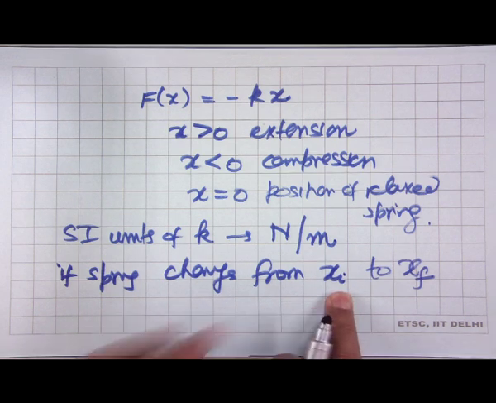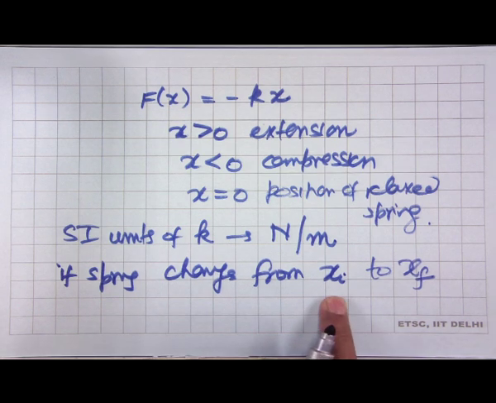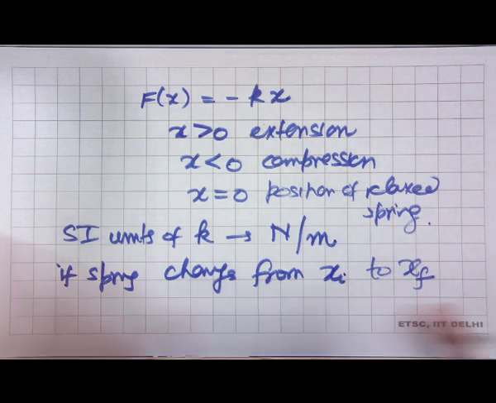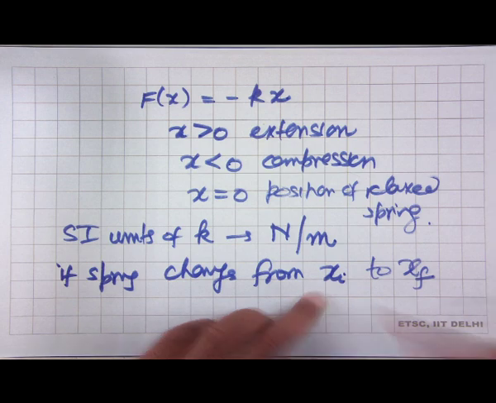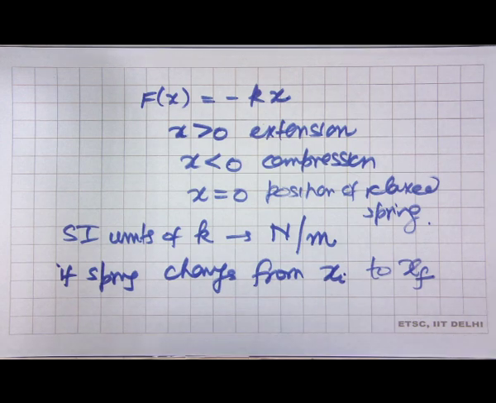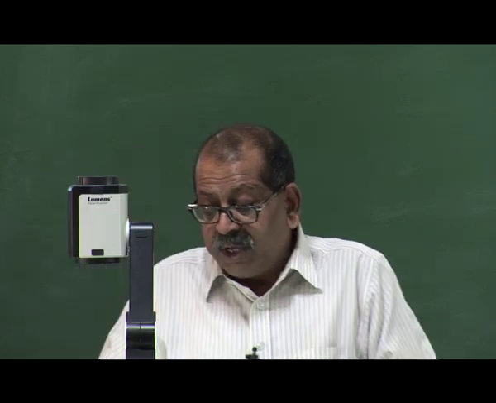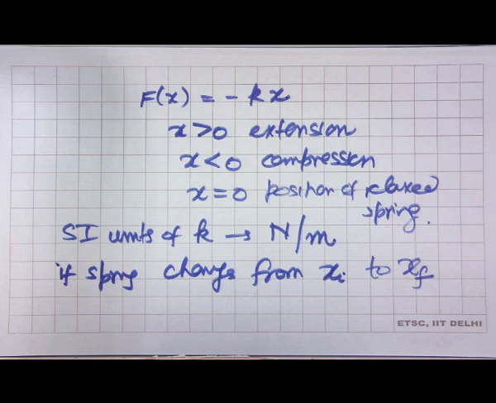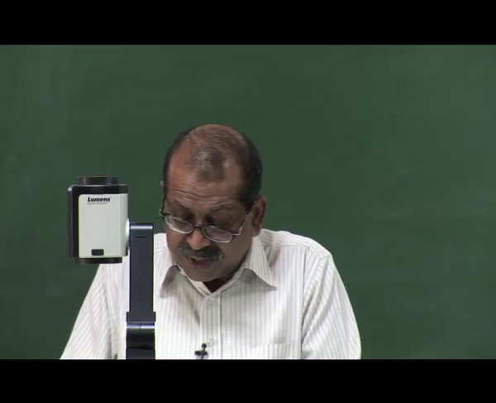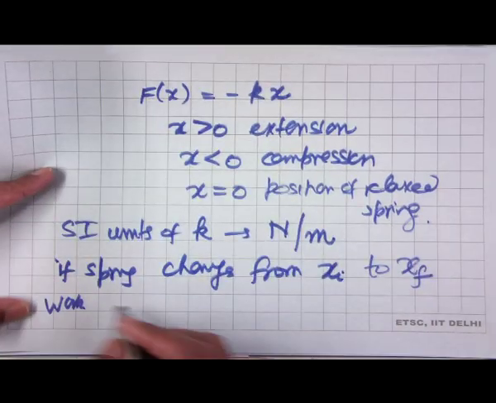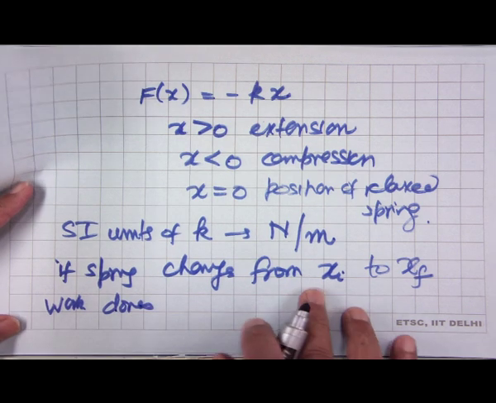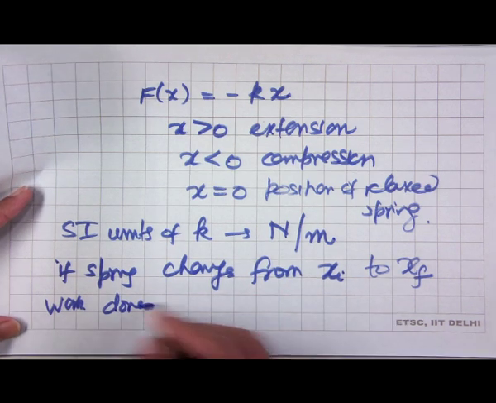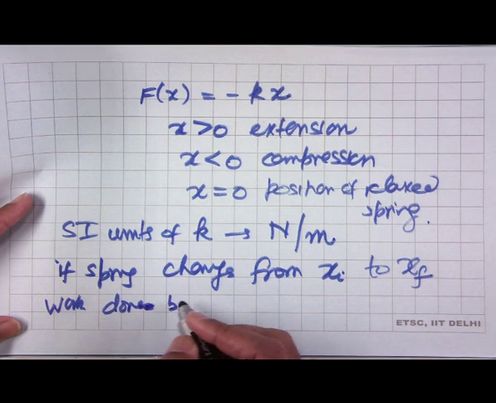Now, xi could be 0. If it is 0, that means we are starting from an unstretched position of the spring. If xi is positive, that means we are starting from an already stretched position, and xf could be a bigger positive number, a lesser positive number, or a negative number. Both of these can be anything, xi to xf, and then we want to find the work done by the spring force. If the spring undergoes the change of configuration from xi to xf, then the work done by